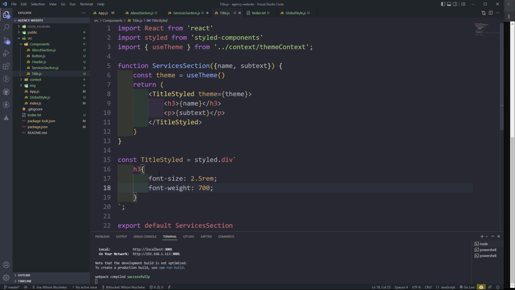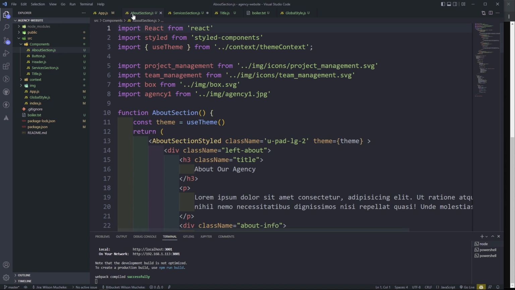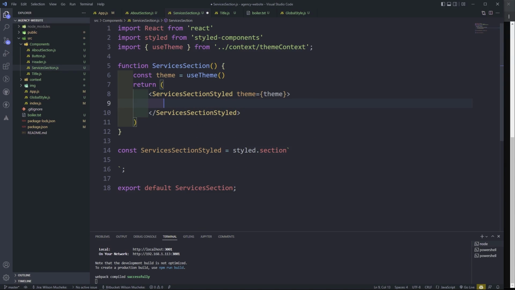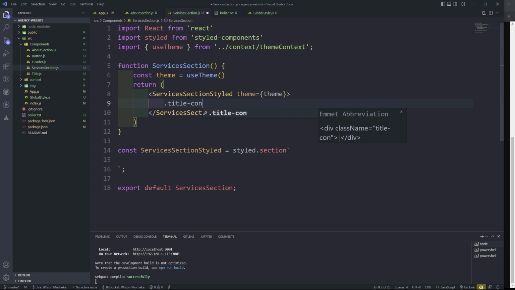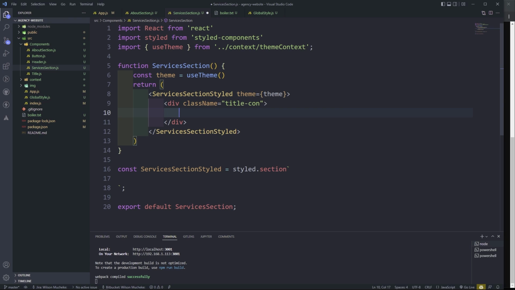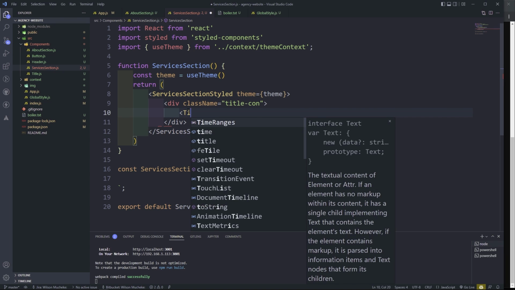Okay, so now we have the title. We need to put the title into a container actually. Close this. I'm going to say dot title container. That's where I'll put the title inside the container. Okay, I'm going to say title